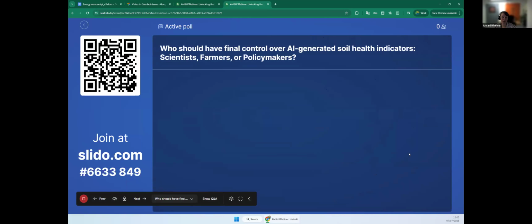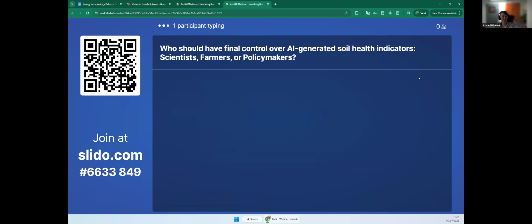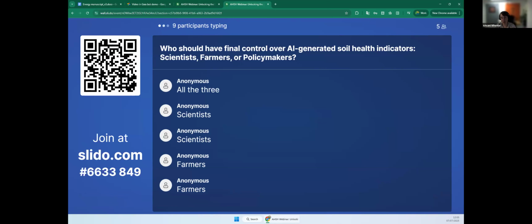And I'm thinking of three groups here. Scientists, the people who make these things, like us. Farmers, from whose location the information comes, and on whose business and livelihoods the outcomes are impacting, let's be honest. Or policymakers, the ones who have the power to compel behavior, whether it's a carrot or a stick. Preferably carrots are better. All three. Okay, that's going to be fun to get them to agree. I didn't think of all three.